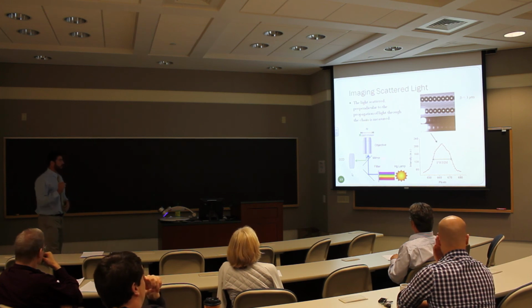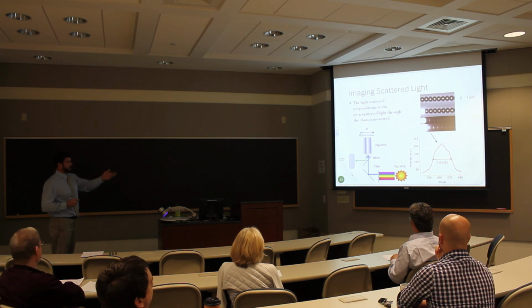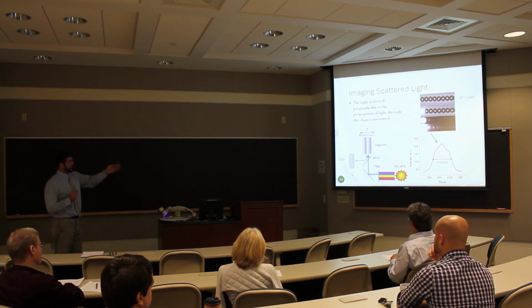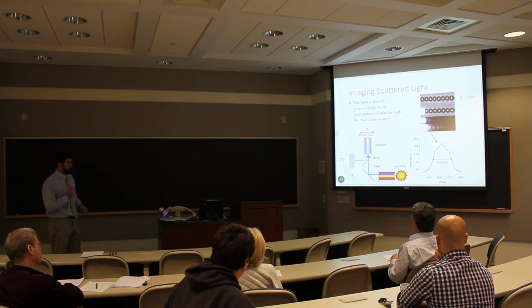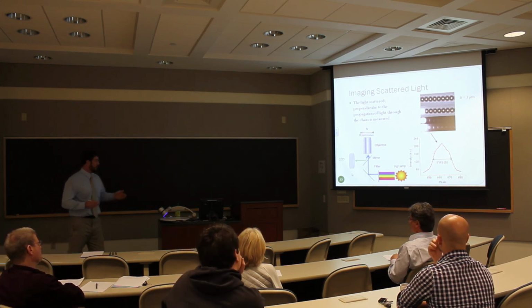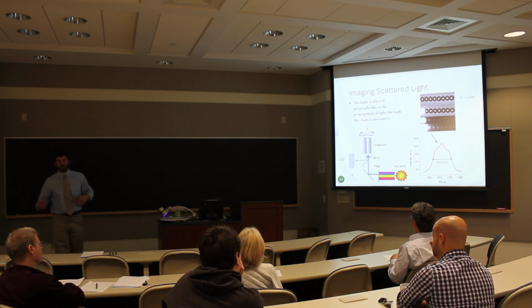So we have a mercury lamp, which is our pump, and then we have a spectral filter, which only allows the excitation wavelength to come through. The excitation wavelength goes through the objective, excites the fluorescent dye sphere, and then it re-emits light, and a small portion of that light is coupled into the chain, and then at the interface between spheres, the light is scattered and then collected by the objective, passes through a spectral filter so you don't see the excitation